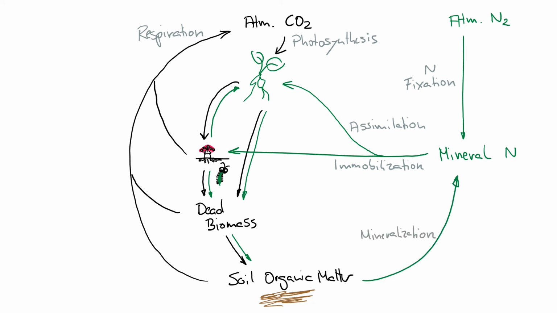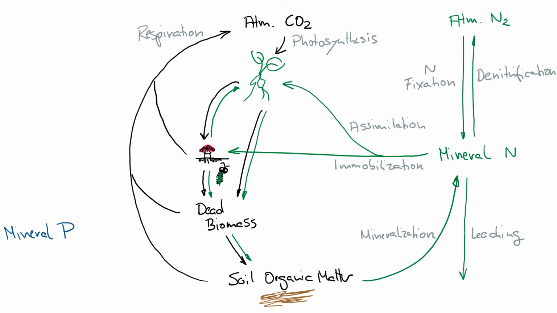That nitrogen that is in the soil organic matter can then be slowly remineralized, so be made bioavailable again, or it can also leach out of the system. The other pathway, and the one that eventually completes the cycle, is the one of denitrification, and again here bacteria are involved that turn the bioavailable nitrogen in the soil back into atmospheric nitrogen, and that will usually happen under oxygen limited conditions. The other nutrient that's oftentimes limiting in ecosystems is phosphorus,